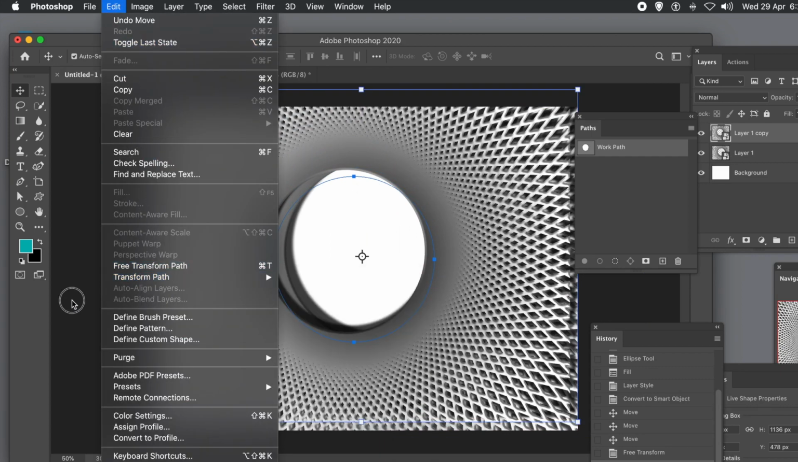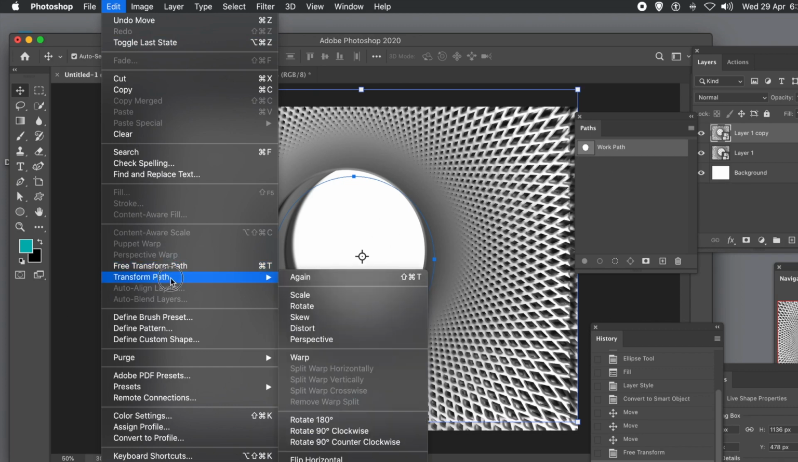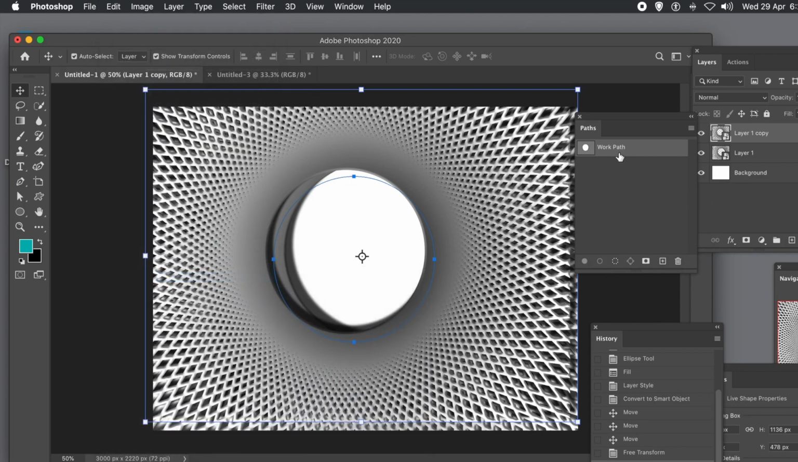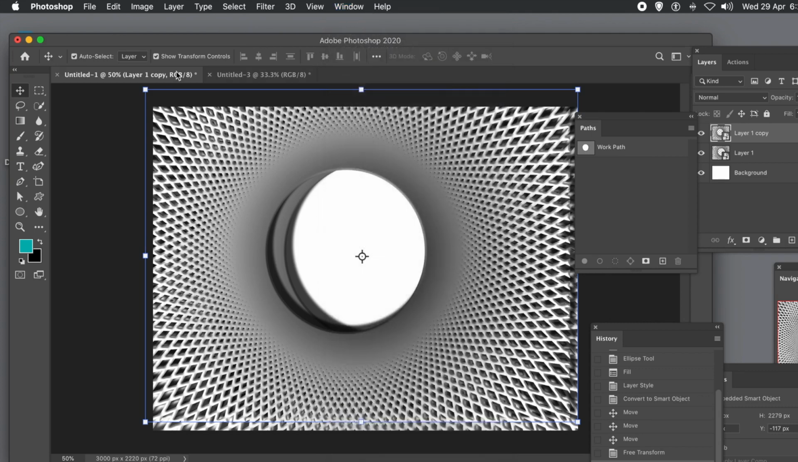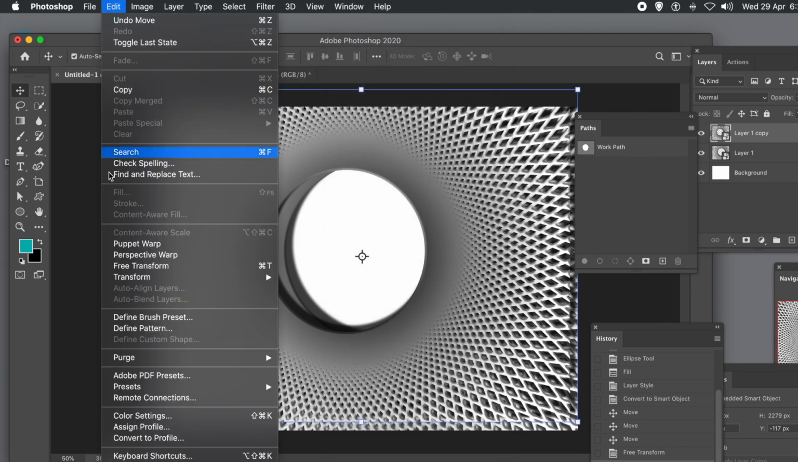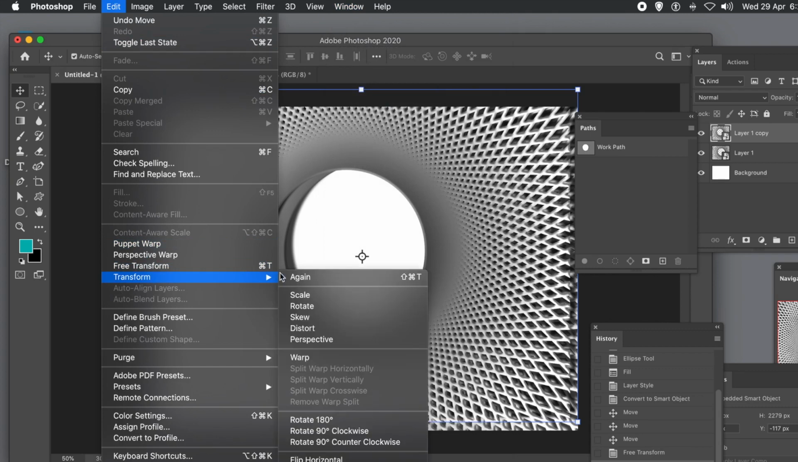10 layers. But you can also, now you'll see there's a problem, edit and transform path, because if you go over to the path panel, you see the path is selected. Deselect that, so there's no path displayed, and then go back to this window menu and path. Now you can go back to the edit and you can transform and use